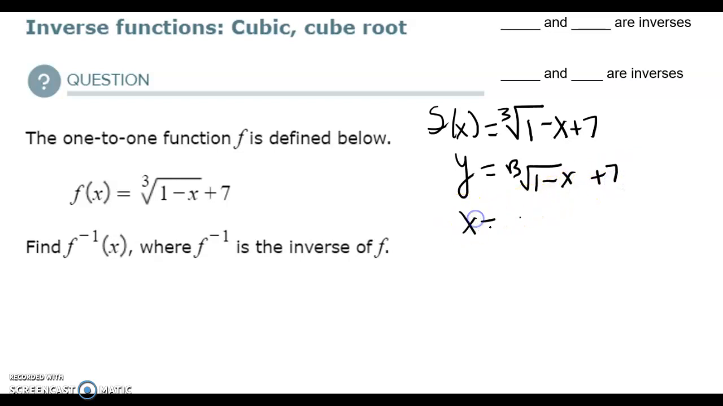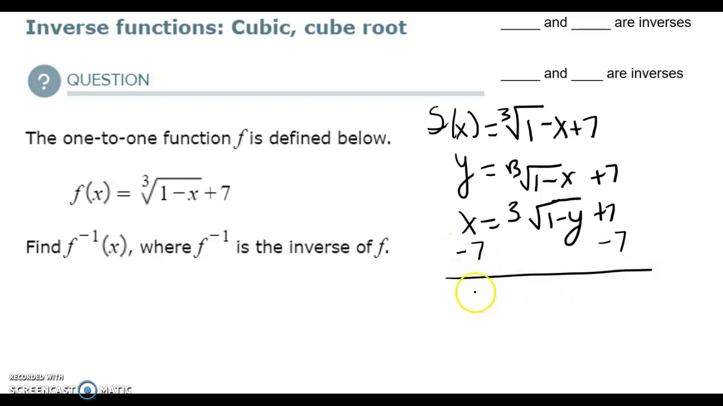And now I'm going to switch my input and my output. So where I had an x, I put a y. Where I had a y, I put an x. I'm now going to try to isolate my y. And this is where it becomes a little different